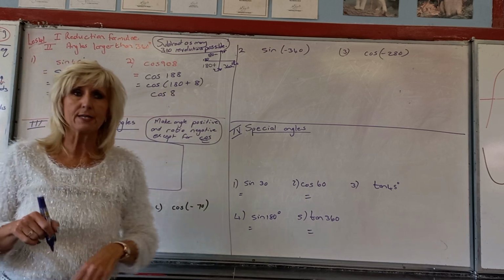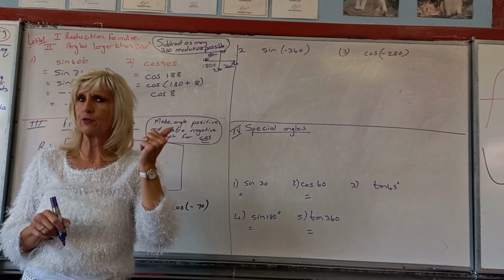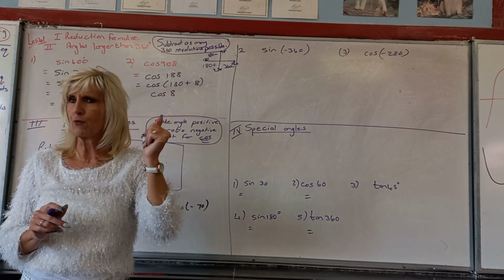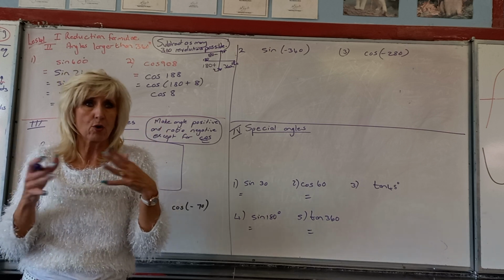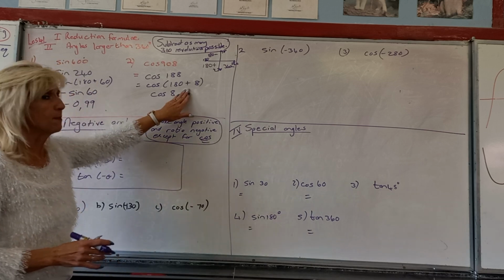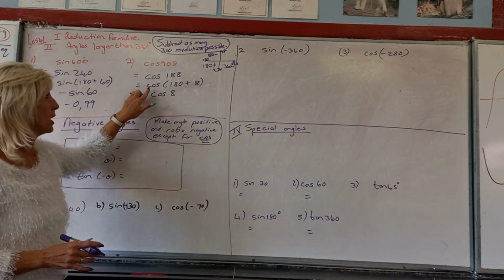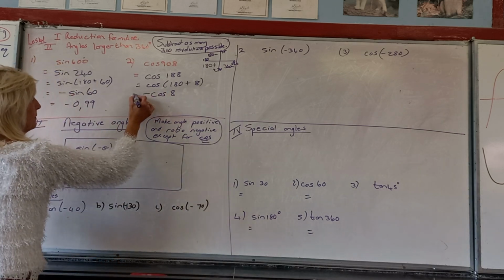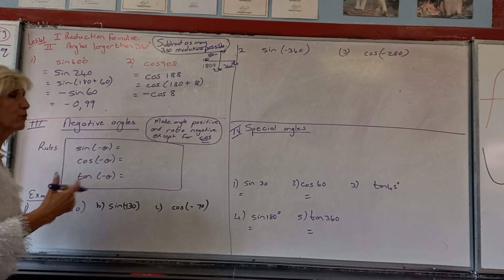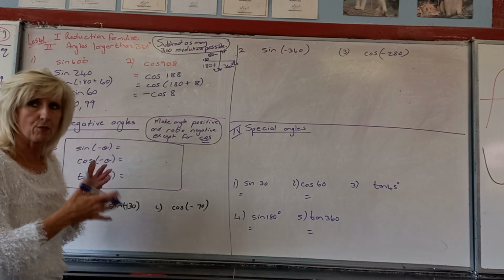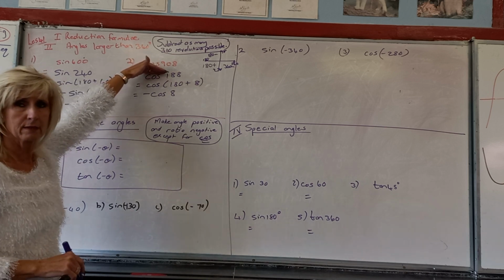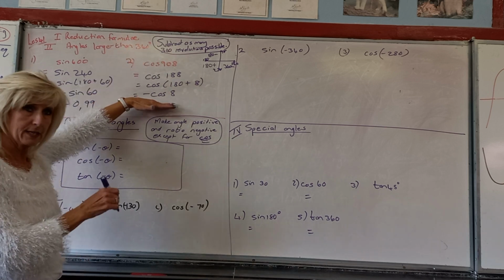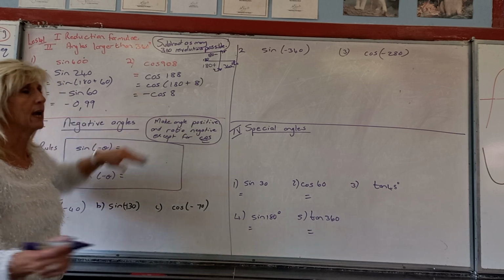From now on, if I say 180 plus, you must know that's third quadrant. 360 minus or 180 minus is second. You must know that that's actually like a call sign. So 180 plus is in the third quadrant where cos is negative. And to prove to yourself that we are on the right track, you go put this in your calculator, cos 98, and you put into your calculator negative cos 8, and the answer is